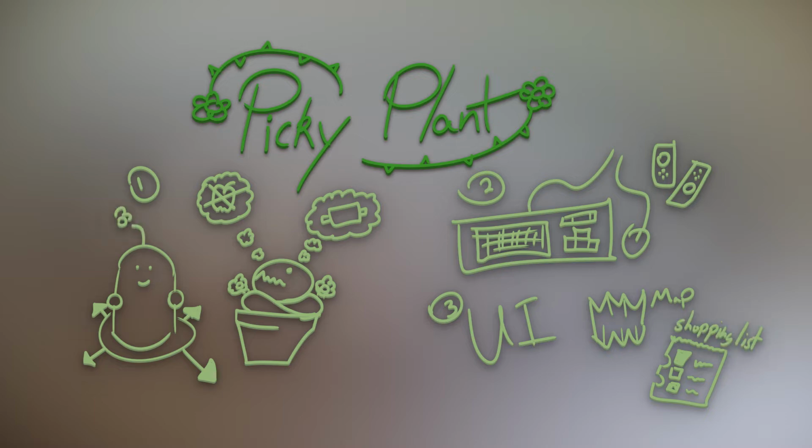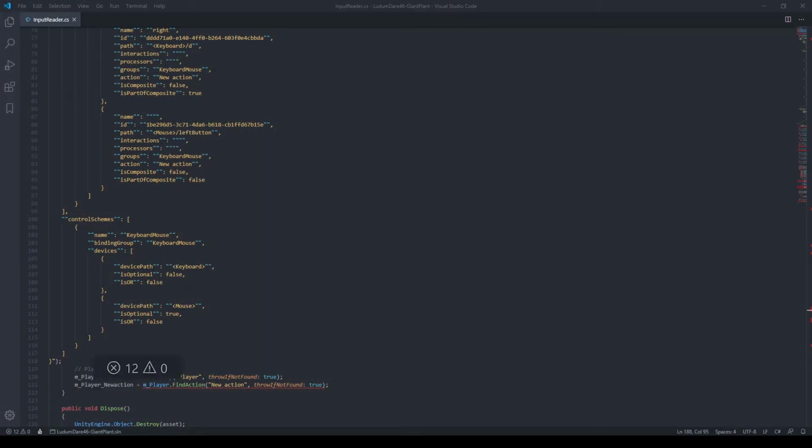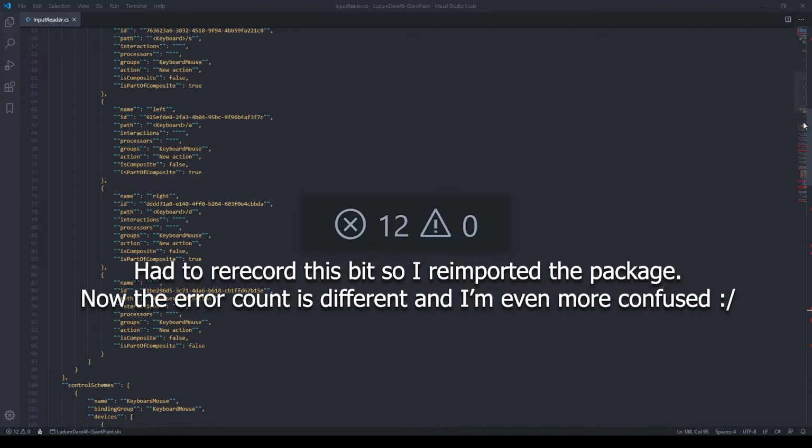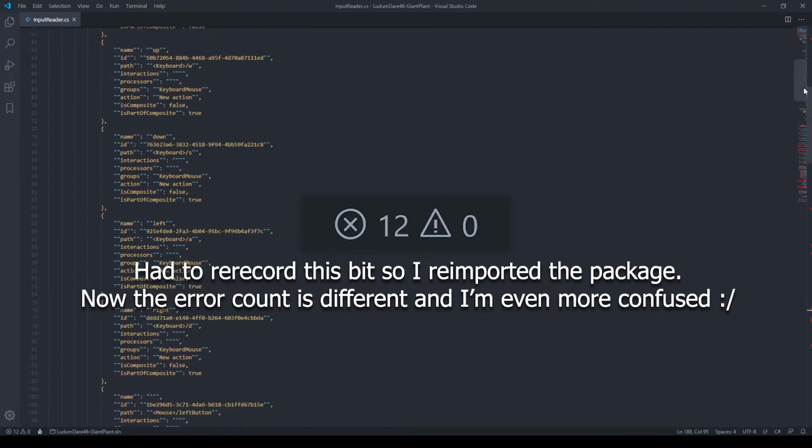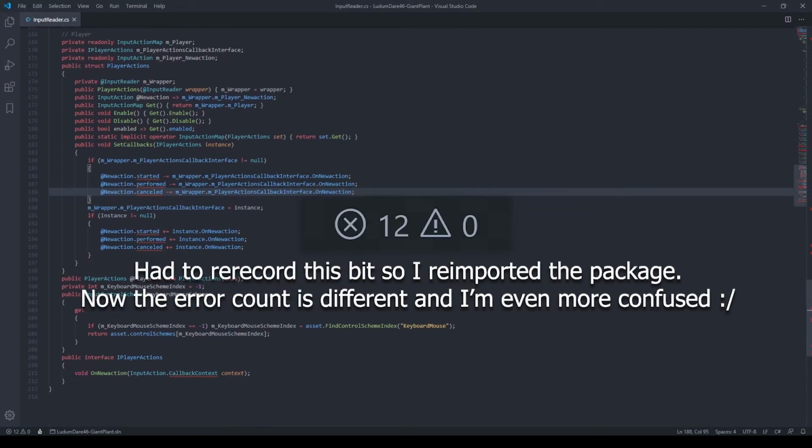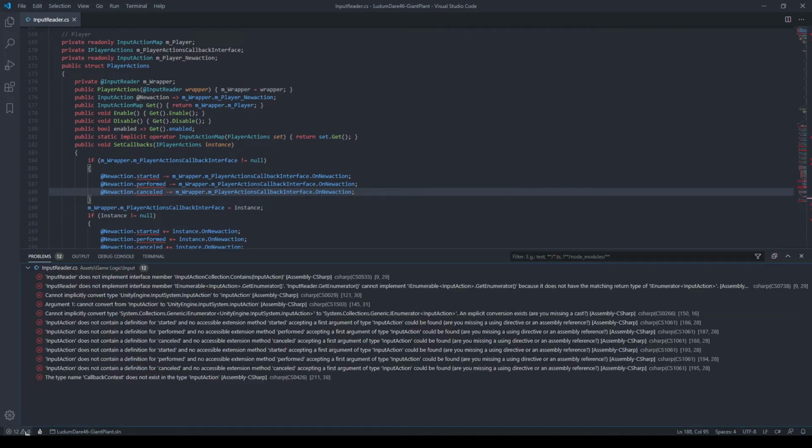First thing I did was I imported the new input system package, and I immediately ran into a problem. In Unity everything's looking alright, but in VS Code I've got 30 errors, all related to the input package. Now this is weird because the editor tool project has that package, and that's working out alright there. After a bit of time of unimporting and re-importing the package, I gave up in favor of making my own